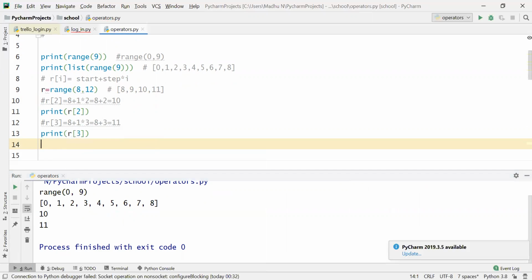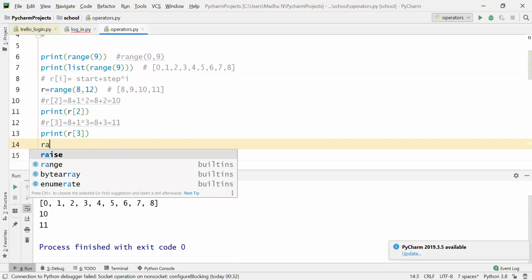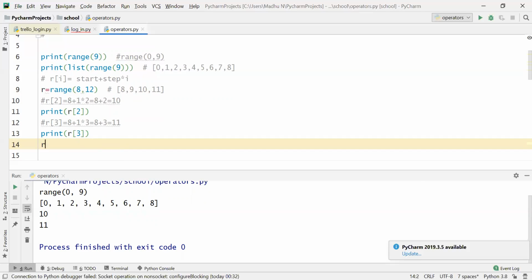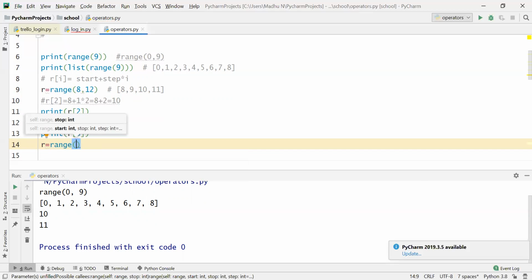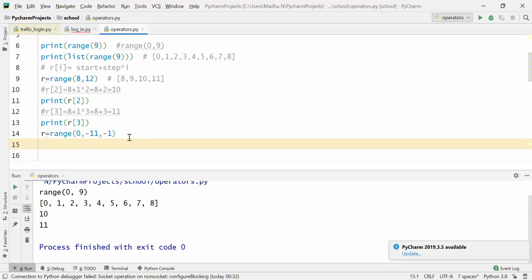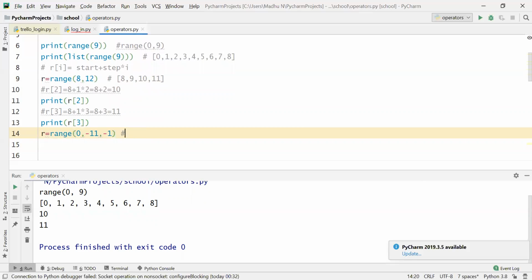Now what happens if the range is given negative? Let us find with the negative number. Let R be range of 0, comma, minus 11, comma, minus 1. What will be the contents here? The starting number is 0.